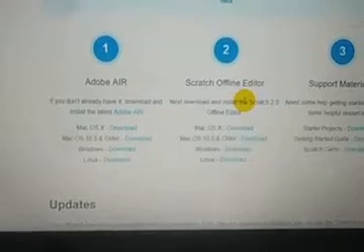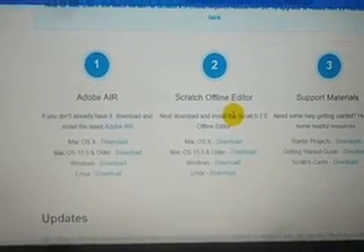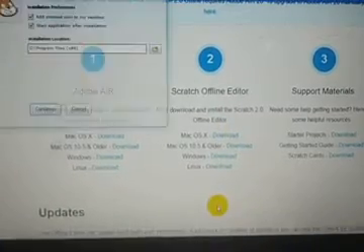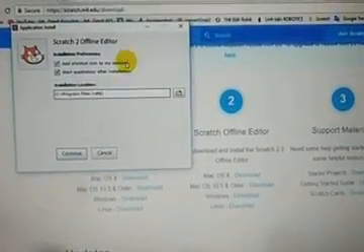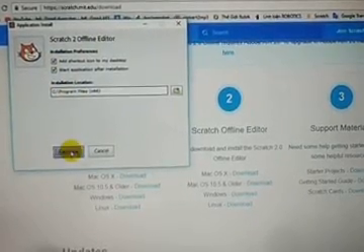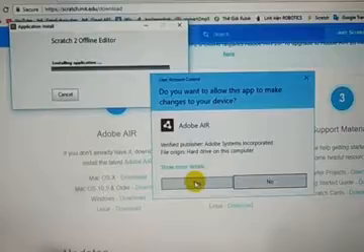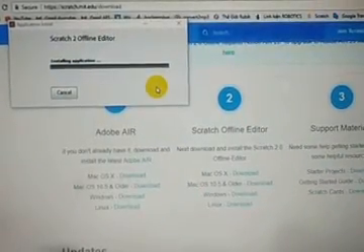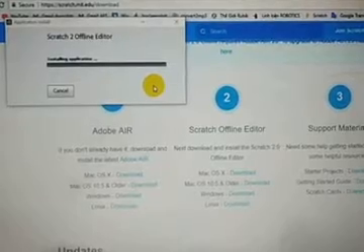When you click on run, it will run the downloaded Scratch offline editor, and a Scratch 2 offline editor window will come. You only click on continue and it will start the download, and further the application will be installed on your computer.